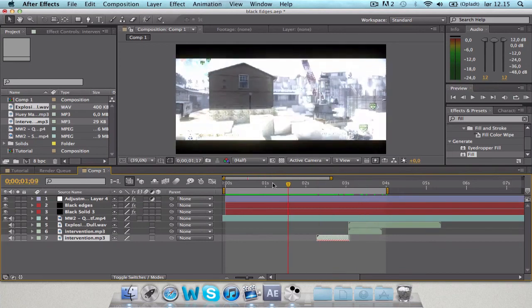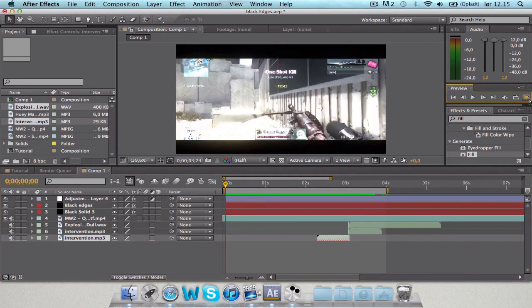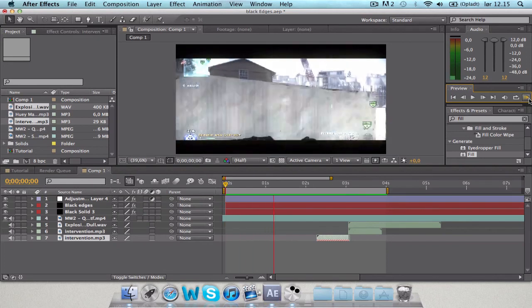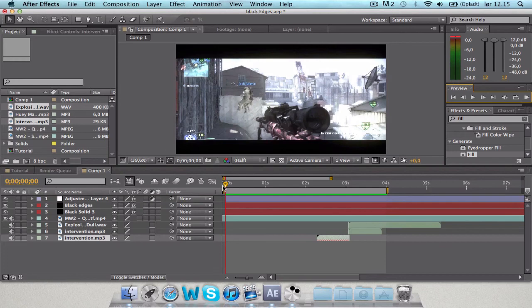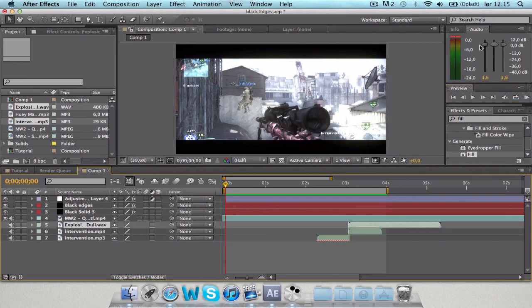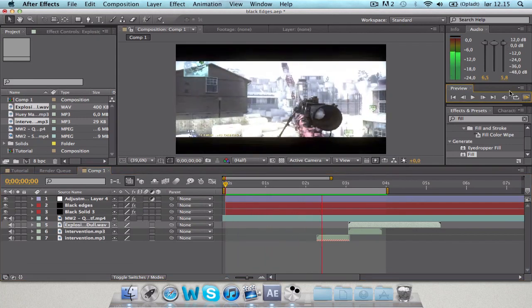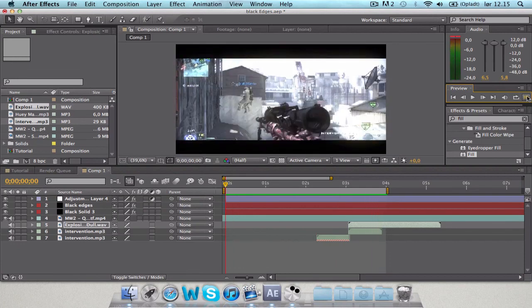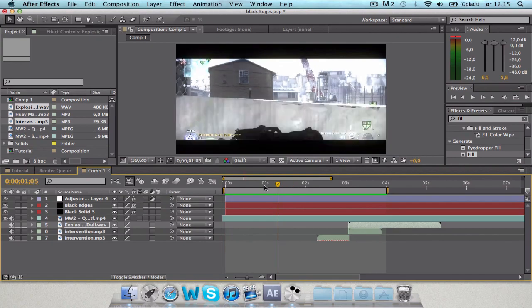So now it should be almost, give it a minute, right there. Yeah, that sounds very good. Just take the explosion a little bit more up there. I think it looks very good. So this was the tutorial on black edges.